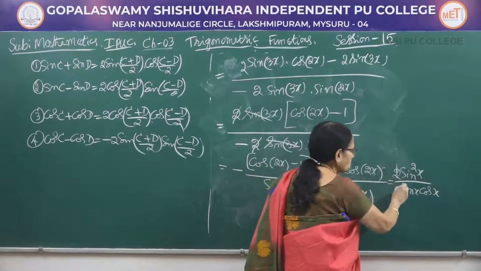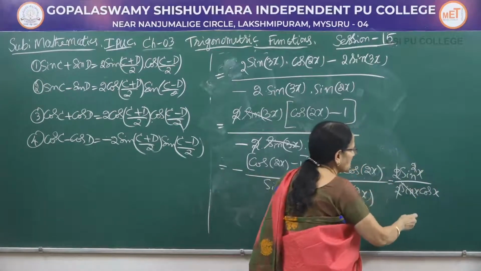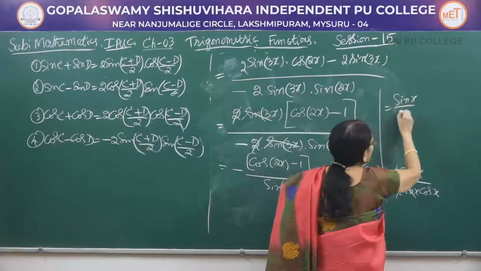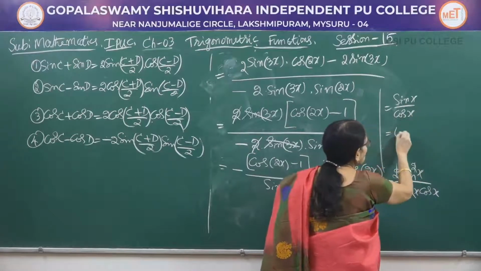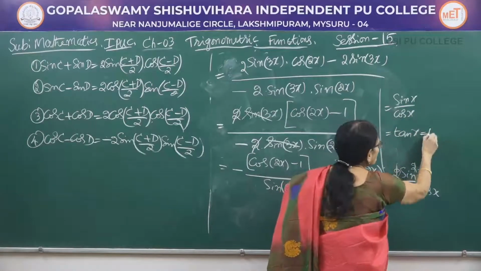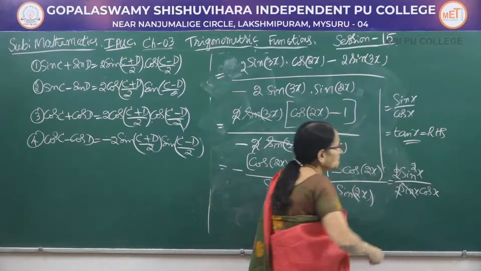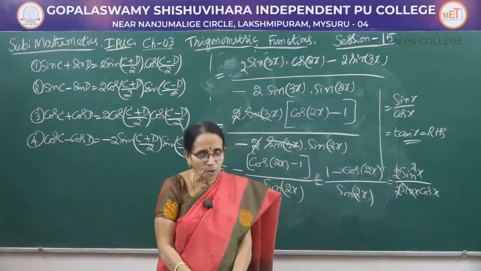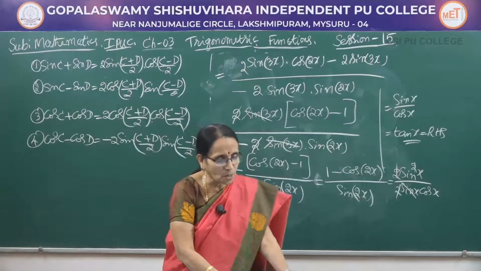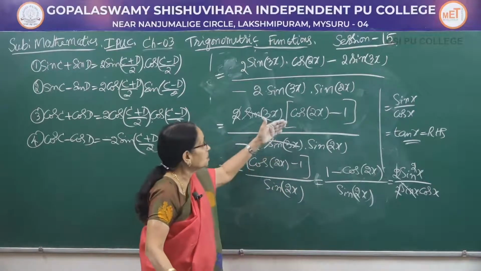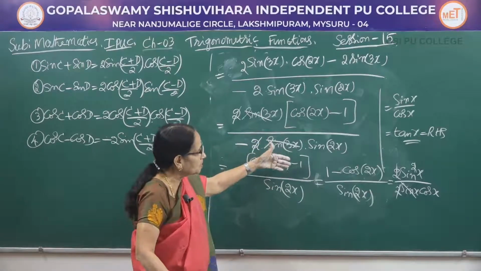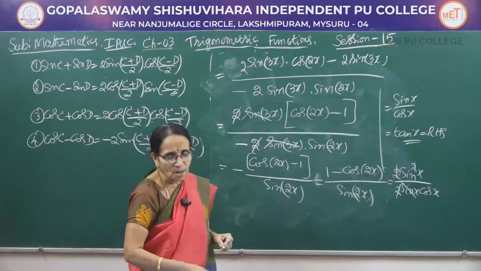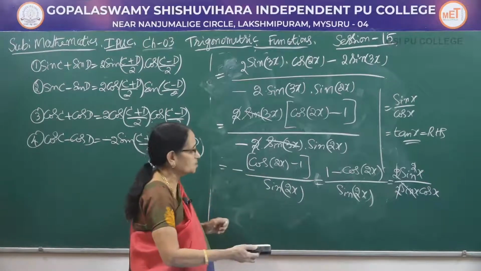Now again one cancellation, and one sin x can be cancelled. So what is remaining now? It is sin x in the numerator, cos x in the denominator. So we got ultimately tan x, which is the right hand side. So this problem is a little bit lengthy. We are using so much of information here. First we made use of the transformation formula. After simplification, we have to use the multiple angle formula, then only the terms get cancelled and we get a simple answer, that is tan x, which is on the right hand side.